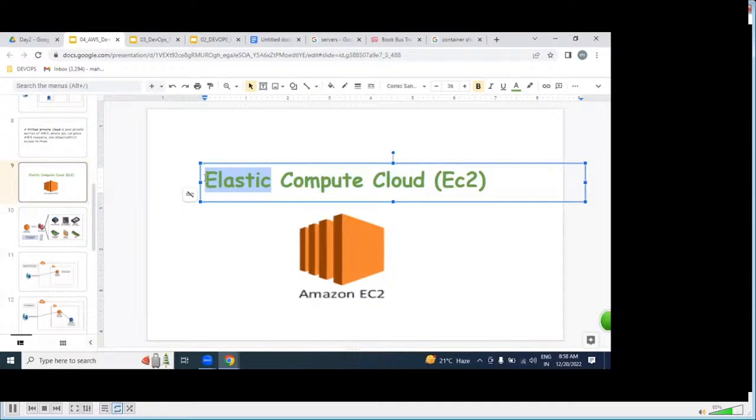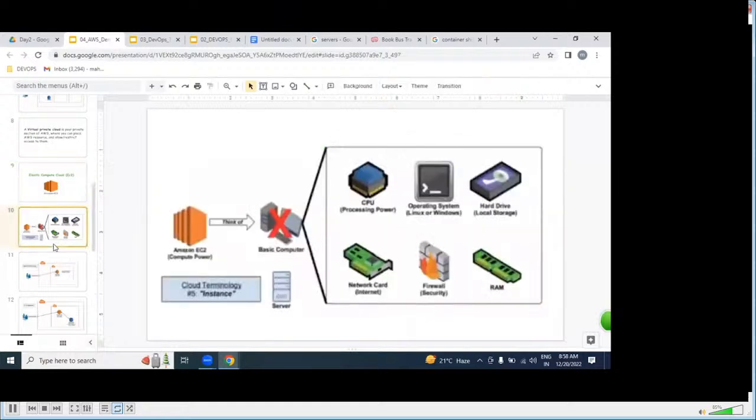Based on customer load, we can increase or decrease the servers automatically. That is what we call elastic. So one E, two C: that's EC2. With the help of EC2, we can get servers.